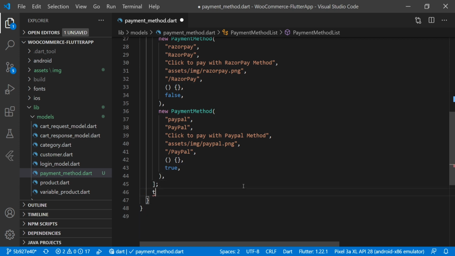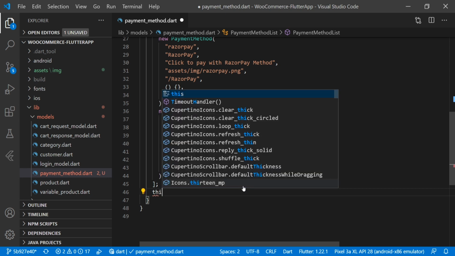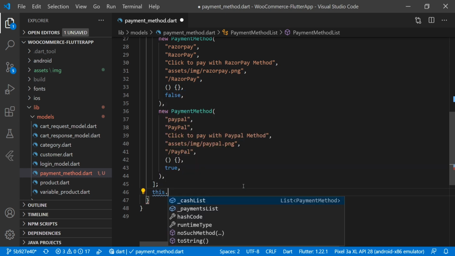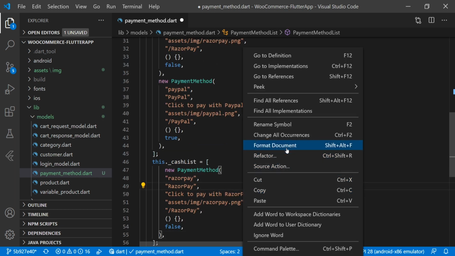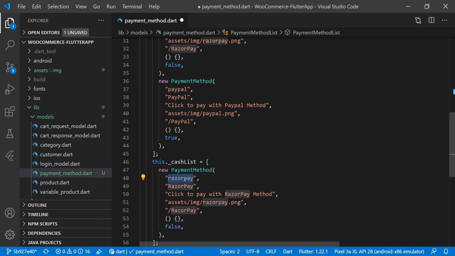Now we will create one more array, this._cashList equal to, and here we will create the array. And here we will pass COD, and here we will name it cash on delivery.